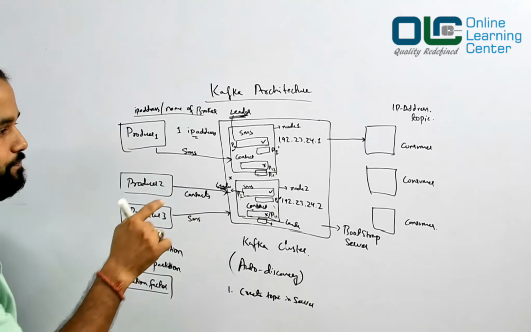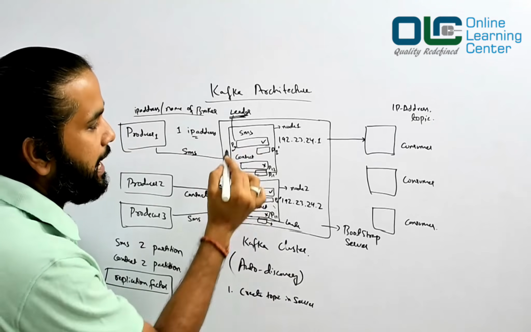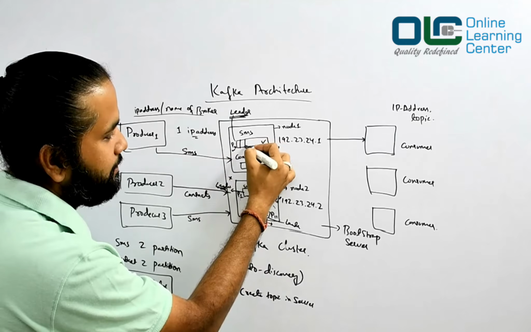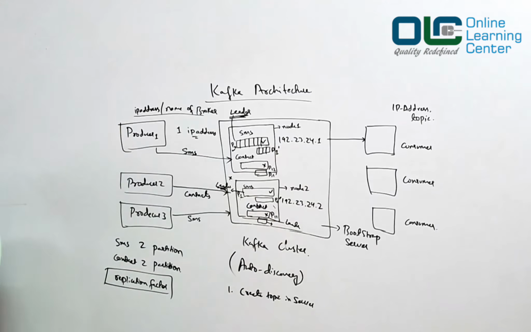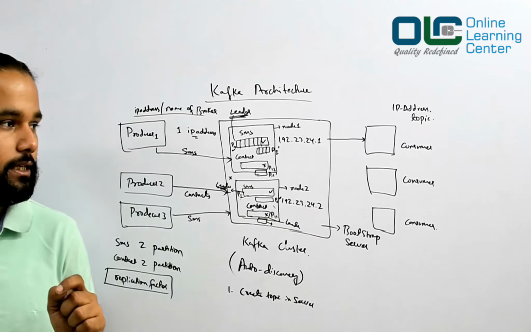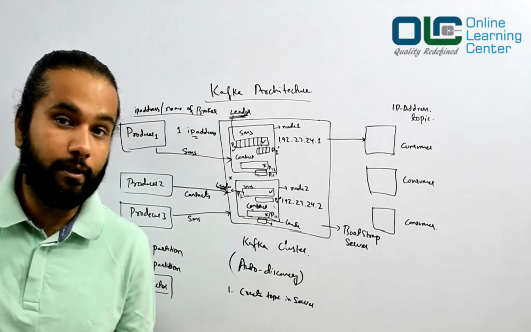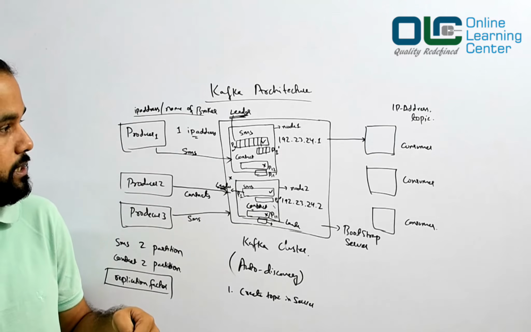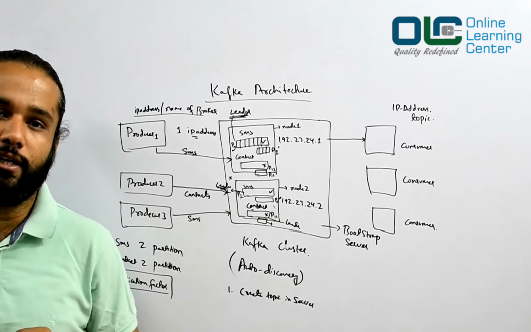Now all this P0, P1, all these partitions, look like an array, is it not? They are actually your data storage. Remember one thing: we always write the data to a topic, but to be very honest, it is not the topic that stores the data. It is actually the partition that stores the data.